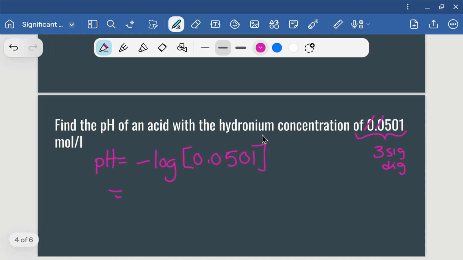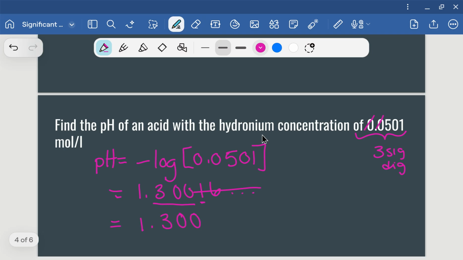I want to do negative log. Sorry, I should have had this written down already. 0.0501. And I get this value 1.30016, and it keeps going. So when I want to follow 3 significant digits, I would count the 3 after the decimal. The 1 beside this last value does not affect my value, so I could just drop the rest. So we have